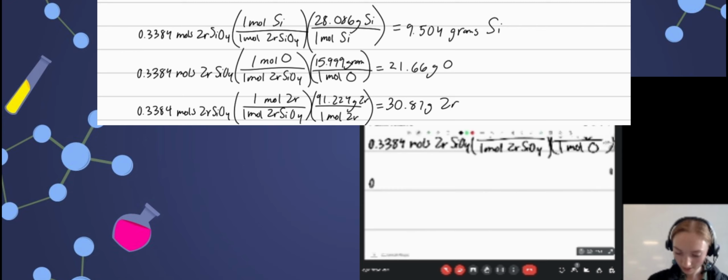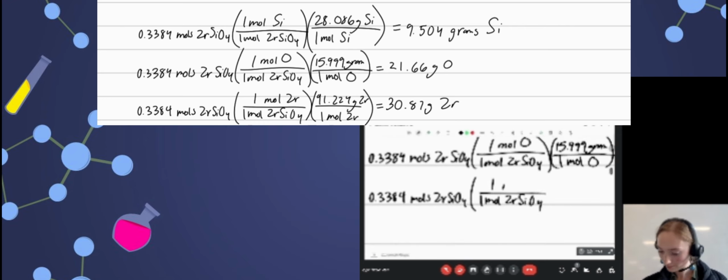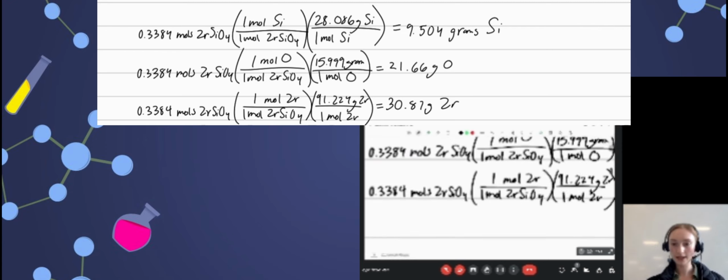And so now let's work on, I believe we have not done zircon. So let's do that now. The same method. So for every 1 mole of the compound, we have 1 mole of zircon. And the molar mass of zircon is, I believe, 91.224 grams of zircon. So that is the molar mass for this one, and when we multiply all of this out, we will get